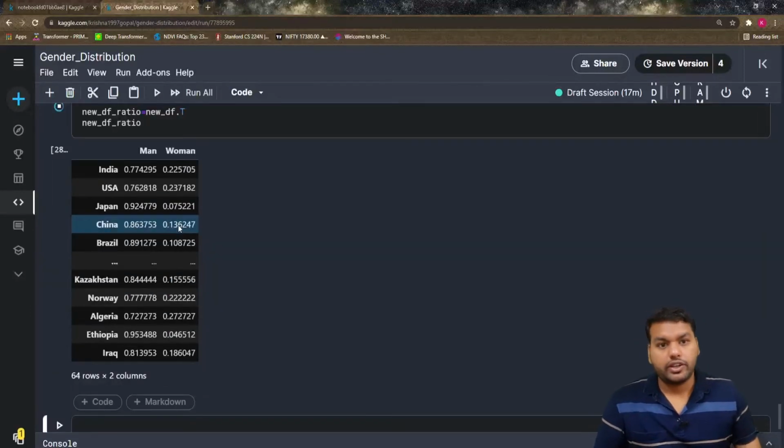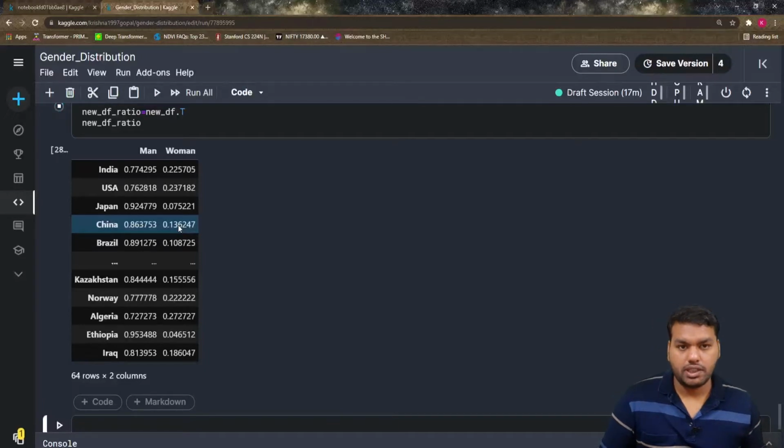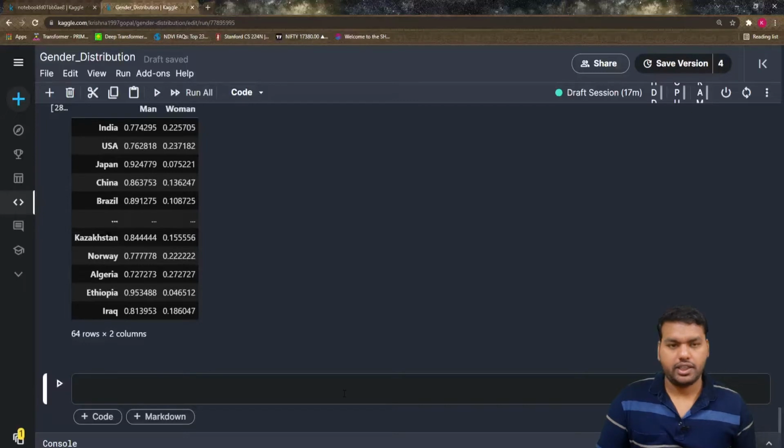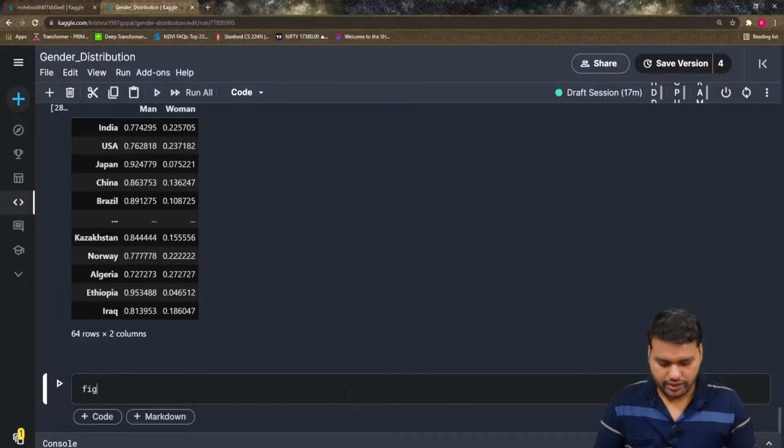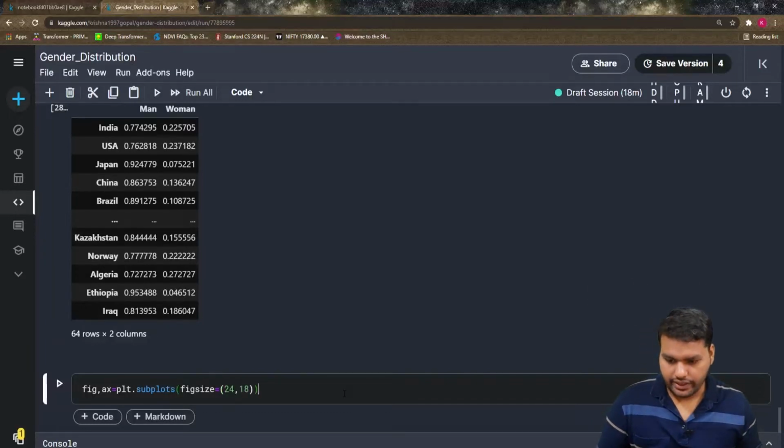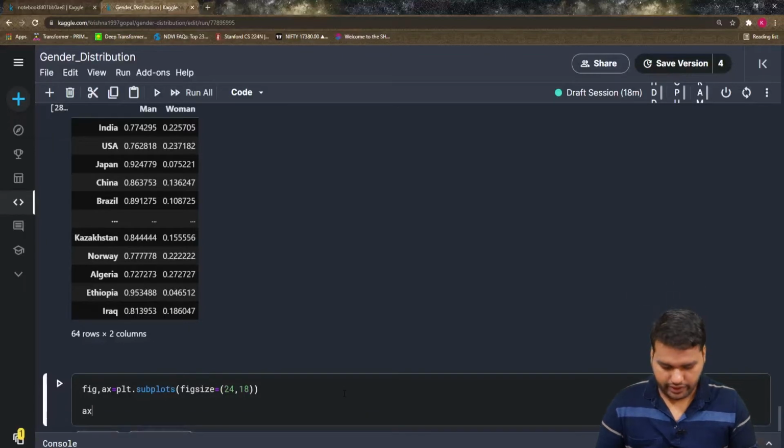Now for every country we want to draw the bar chart, and that is very simple. Again we define our figure and axis, that is plt.subplots, and we give the figure size. So figure size I'm going to give 24,18, right? And now ax.barh.